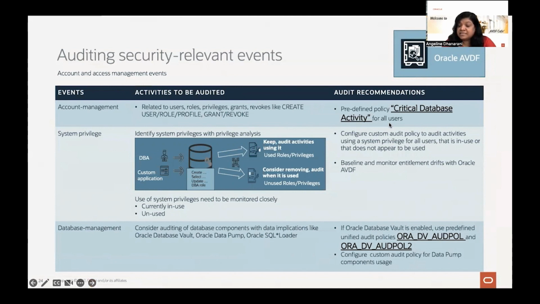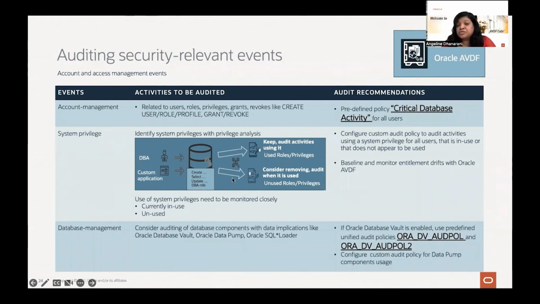again, critical database activity monitors every account and access event. And for the system privilege and privilege use, again, you have to create custom policies because you have to analyze in your environment what privileges are used and what is unused. And we do provide a feature called privilege analysis, by which you can get a report of what is being used or consumed, and what is unused.